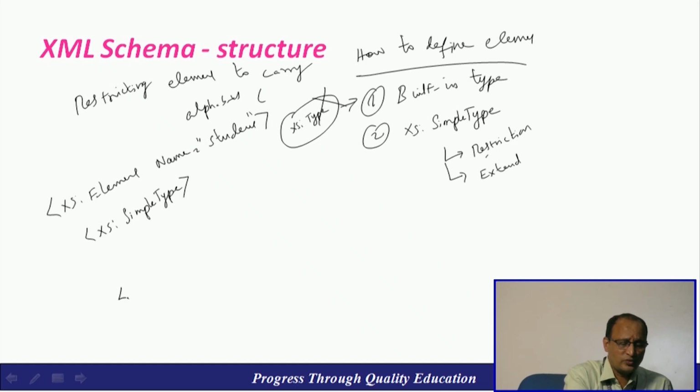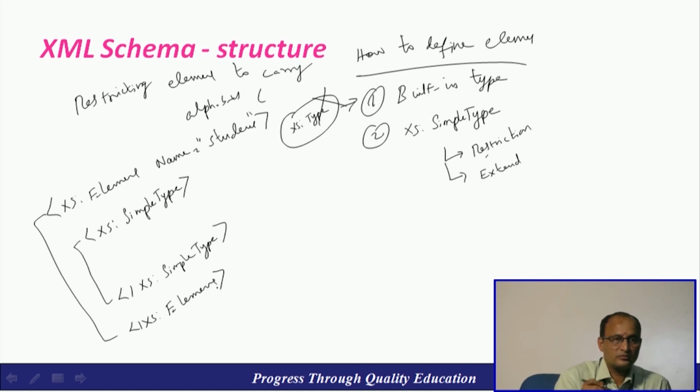And as usual, it should be saved with .xsd, and before that all the elements should be closed properly, and this is XS colon element. So it is saved. Okay, this is the way we have to create an XS colon schema definition. Within this simple type, I can go for restriction. So I will add XS colon restriction,